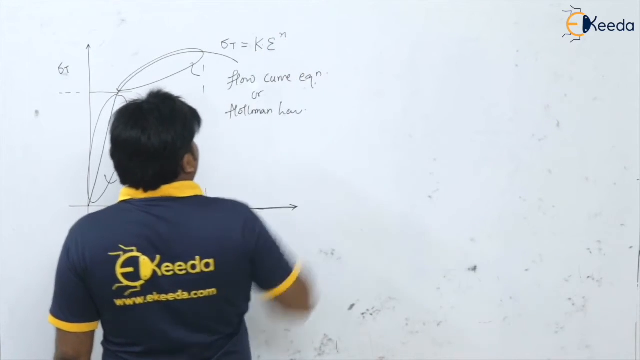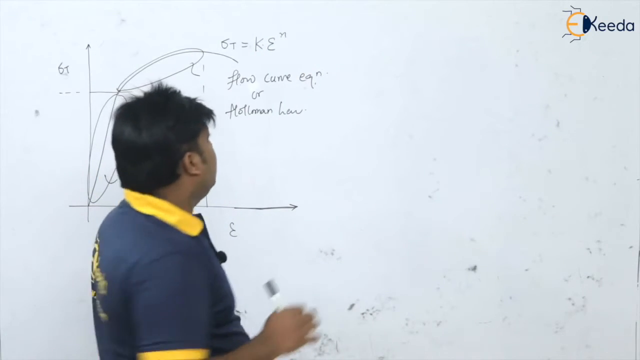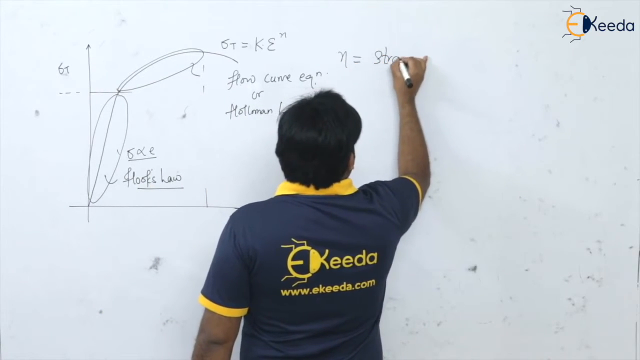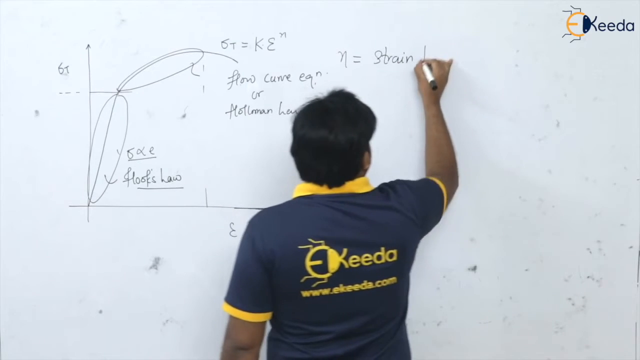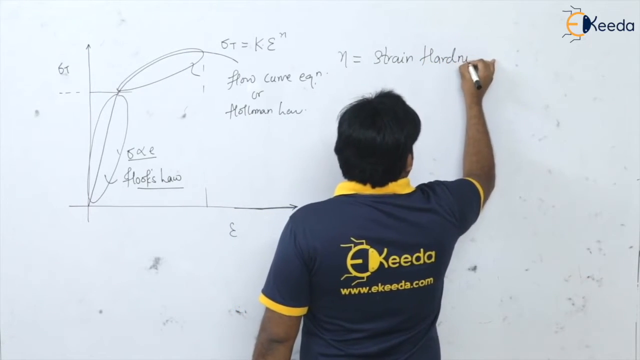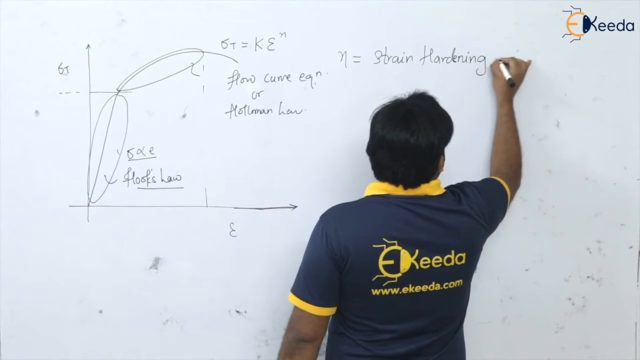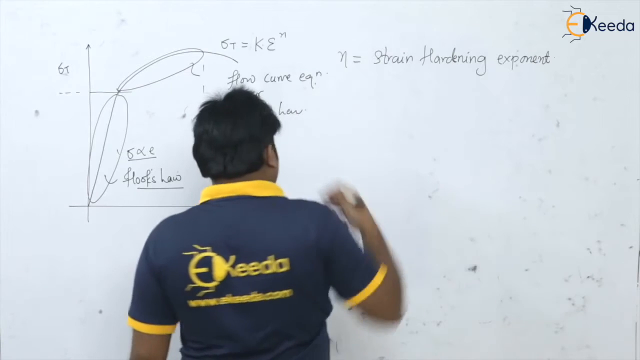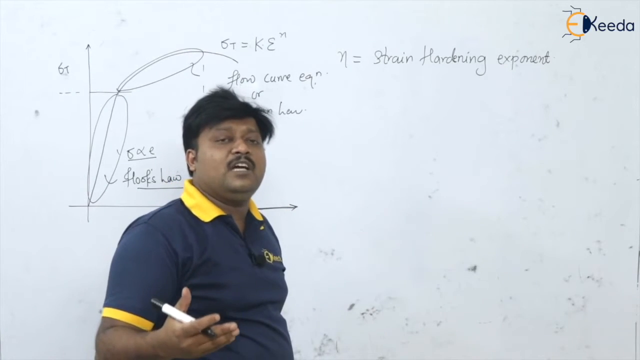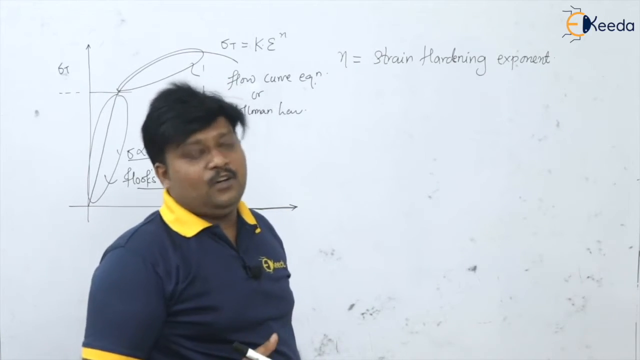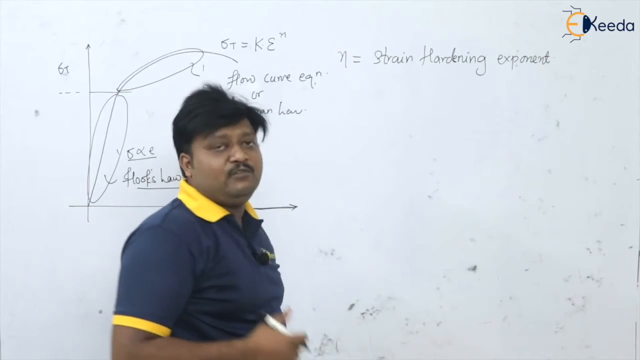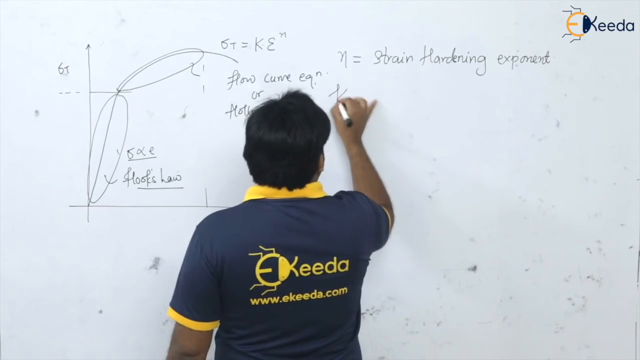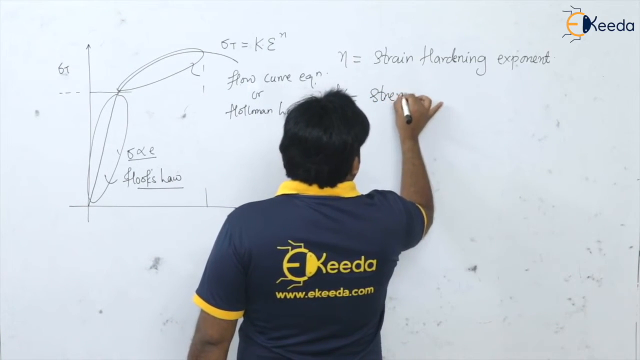This K and n, these are new terms we got here. So what is this n? n is our strain hardening exponent or index, which will decide how much strain hardening there is; the more strain hardening, the higher the value of n. It is kind of the material property that we have. n is the material property, and K is the strength coefficient,